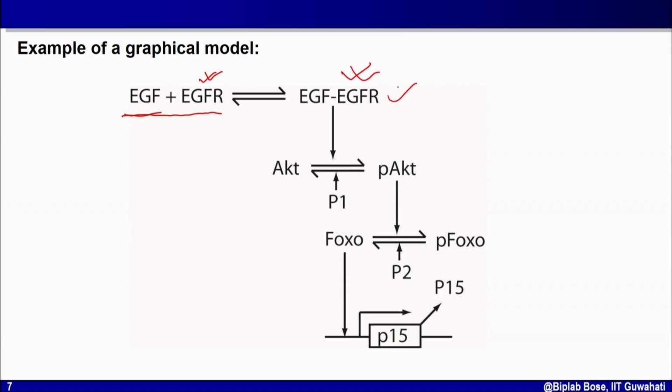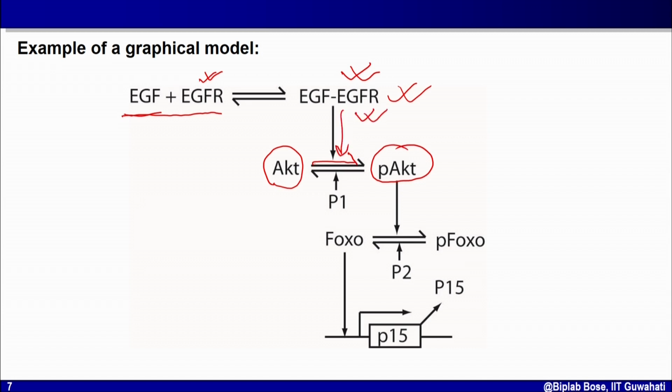Once this complex has been formed, it triggers multiple processes. We have not shown all these processes. What happens after the activation of these multiple processes is that AKT, which is a kinase, gets phosphorylated. So rather than showing all the processes involved, I have just shown an arrow, and here AKT is the substrate which becomes phosphorylated to PAKT. So this is the process by which AKT is phosphorylated to PAKT, whereas this EGF-EGFR complex is actually controlling